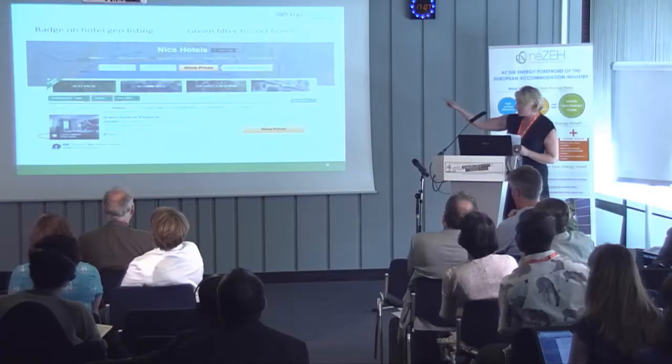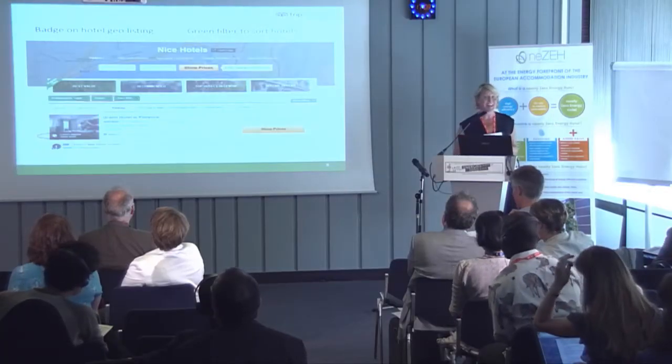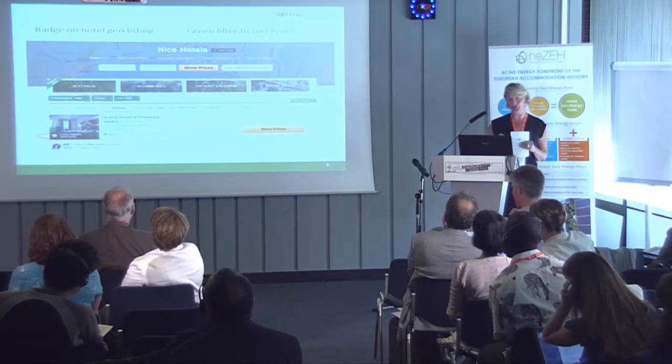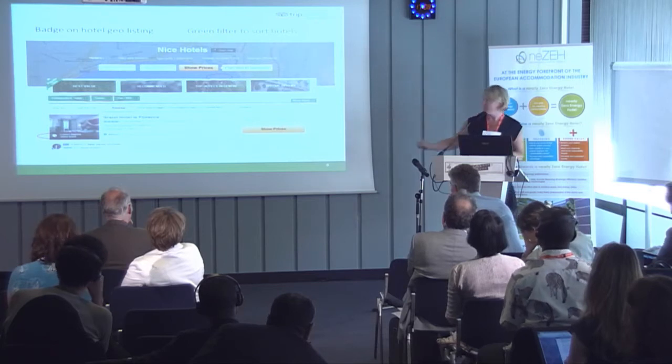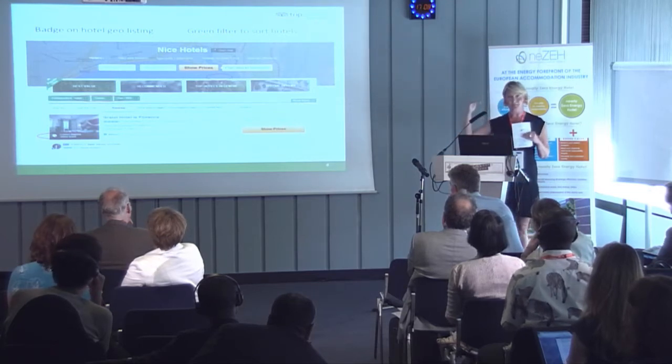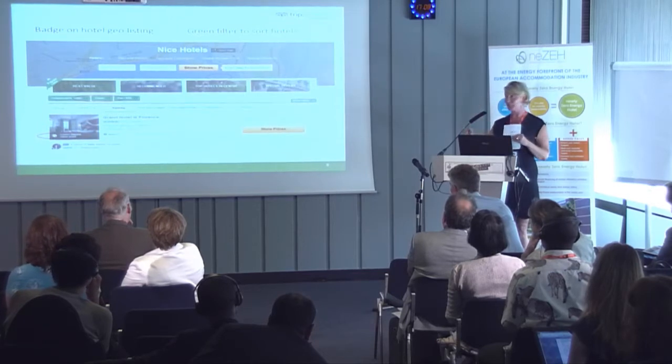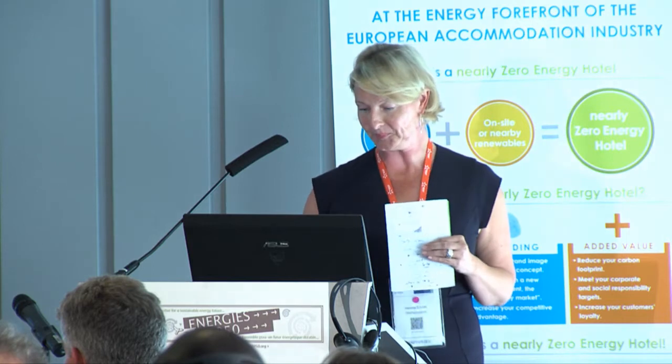There's a random red circle, ignore that. That's my computer skills. This is how it looks to the consumer. When a traveler goes to TripAdvisor, they can choose that they want to stay in an independent hotel, green hotel, and have free Wi-Fi. This is actually me looking for a hotel in Nice. I'm staying at the Eco Hotel, which is a very interesting hotel here in Nice. Then you have a little thing there showing which level of Green Leader hotel that is. This is great because you have the popularity index showcasing what is a top hotel in a destination. This helps the hotels that have green practices come out on top if the consumer has chosen, I want to stay in a green property.